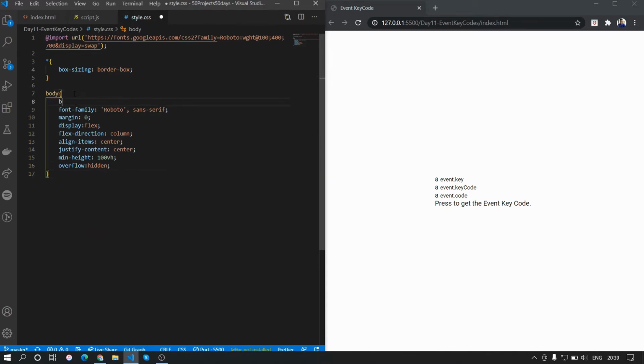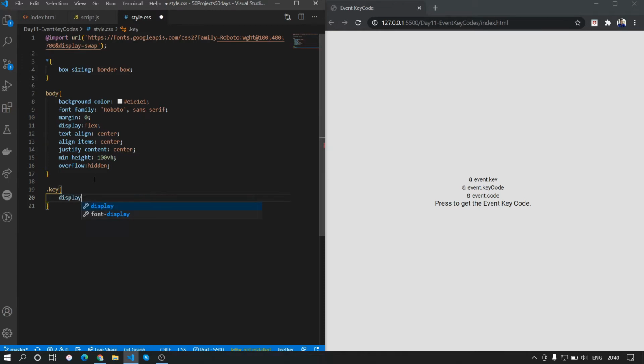So in the style, first let's change the background of this body, and we'll change this to even, and we do not want flex direction column. Instead we'll add an extra line center. Okay, so now we want the key to display inline flex.